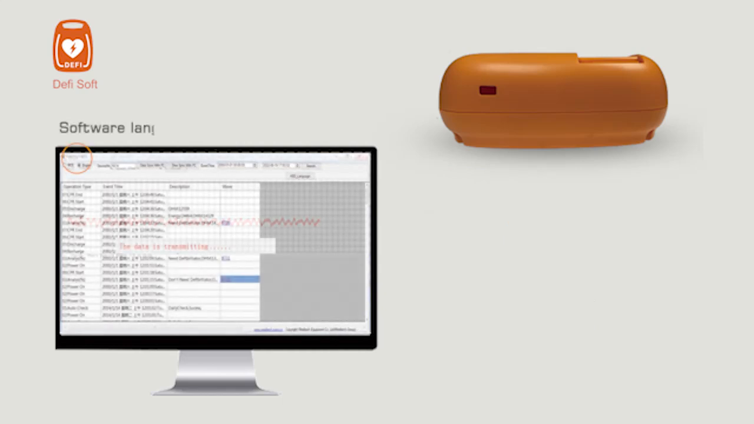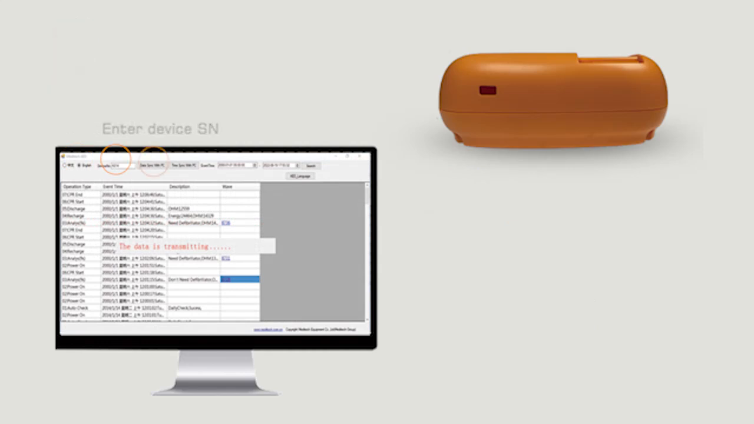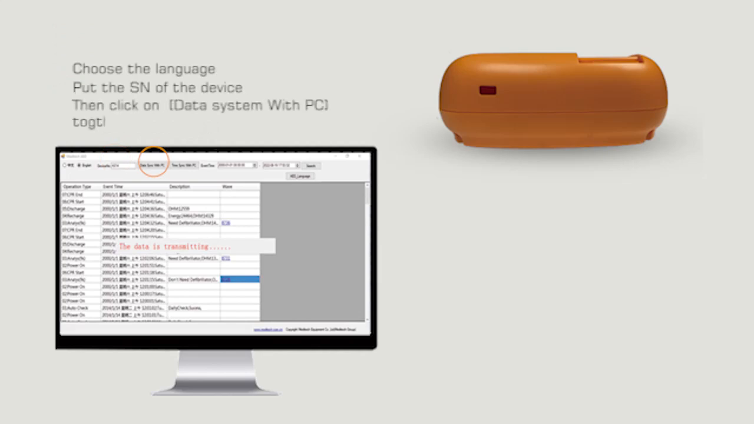After selecting the language of Defibrillator, enter the serial number of the device and long press the on/off button to activate the data system of Defibrillator. Defibrillator will display the status information recorded during the operation of the Defi5S, including type, event time, description, and ECG